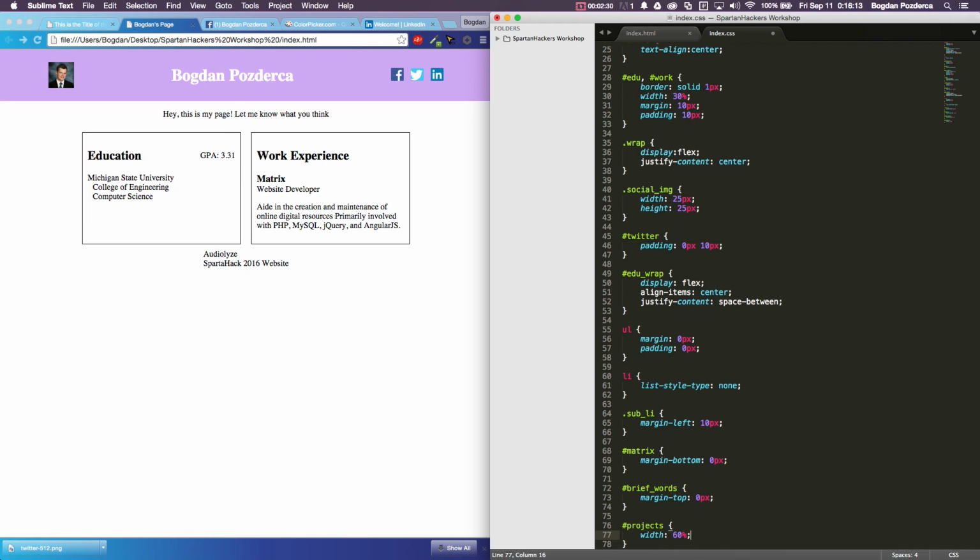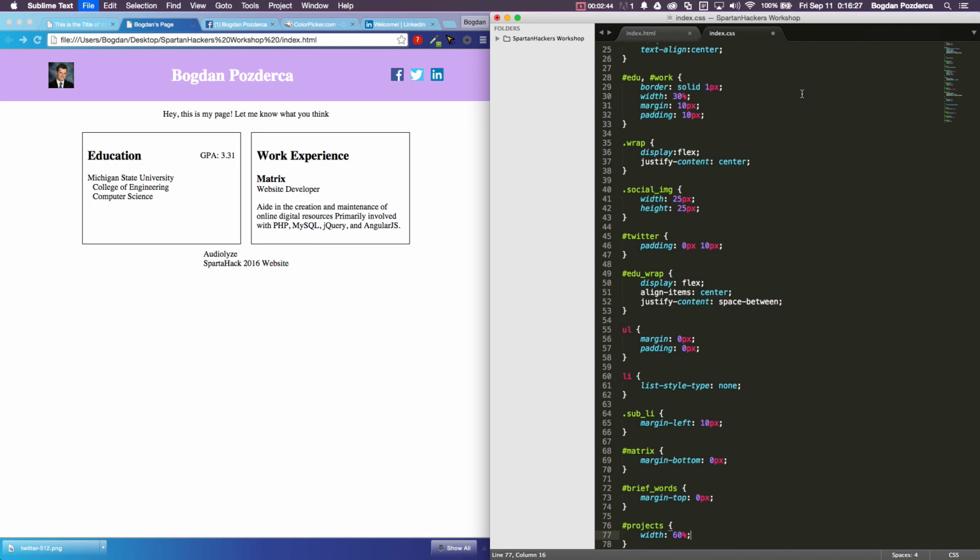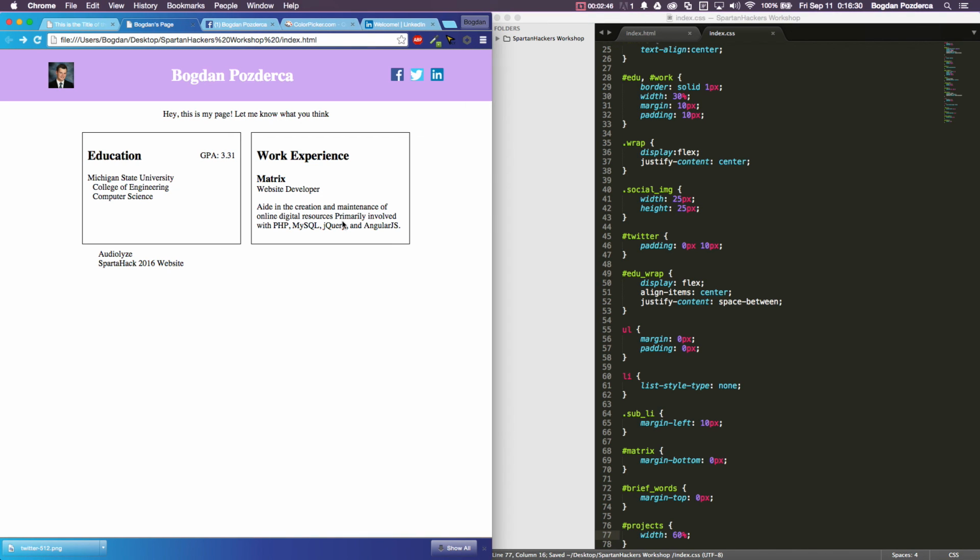The reason I choose 60% is because the education and work experience blocks are both 30% in width. So when we save this, we should see that Audiolize and Spartan Hack 2016 website have moved